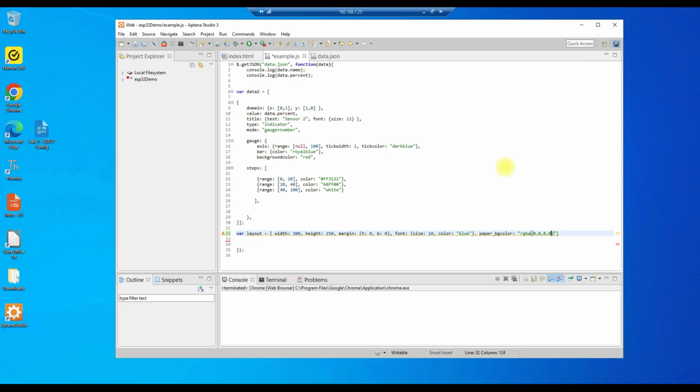We have the closed parenthesis and the quote, and the closing brace, and we will put a semicolon at the end and move on to the next line,